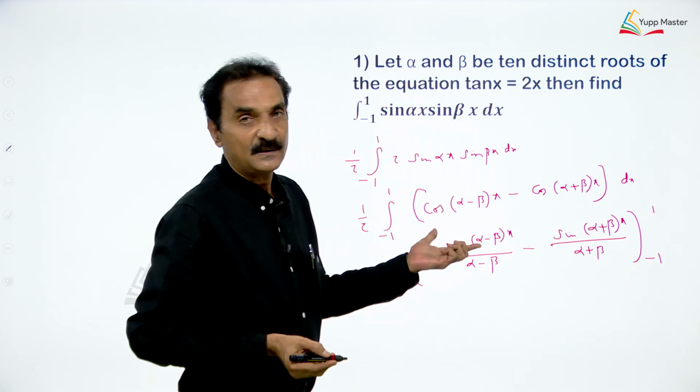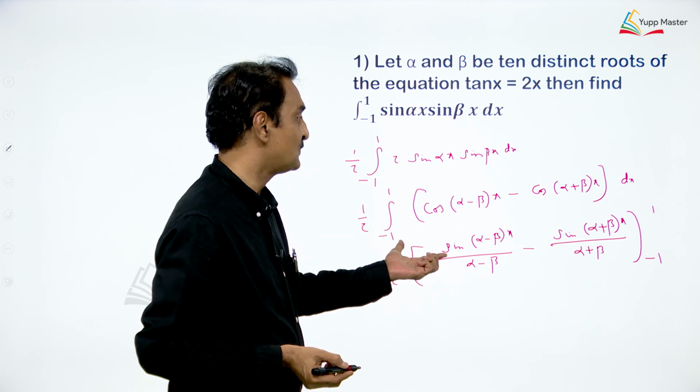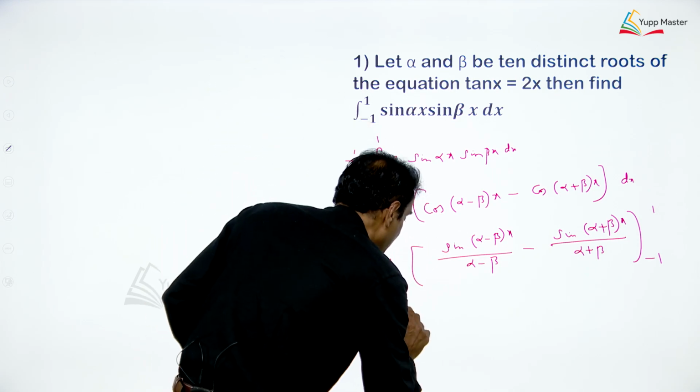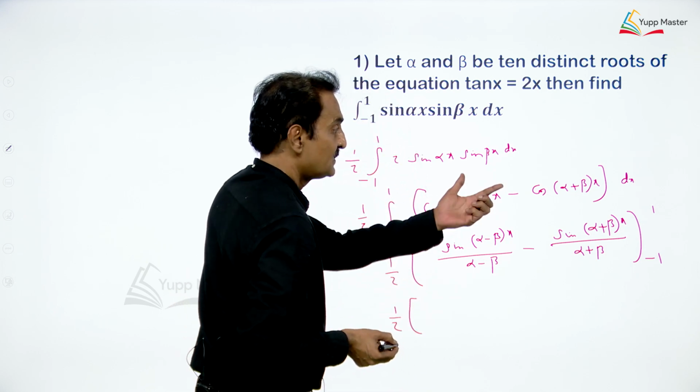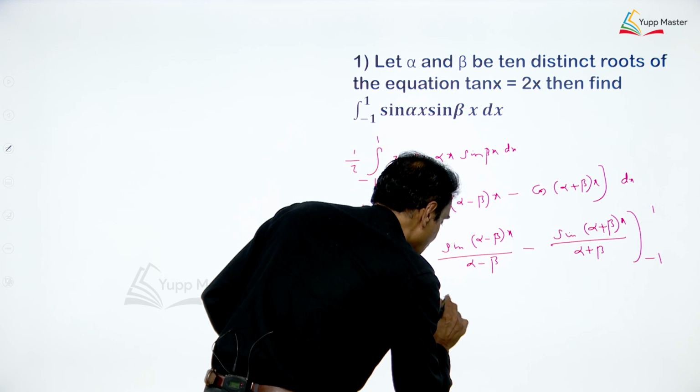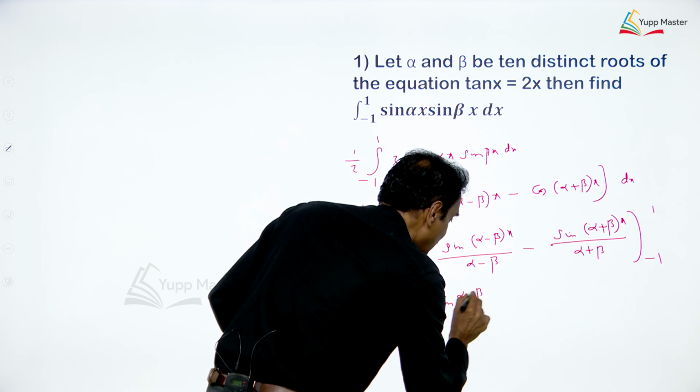Now substituting -1 and +1, what will you get? Half into, substituting 1, it will be sin alpha minus beta,